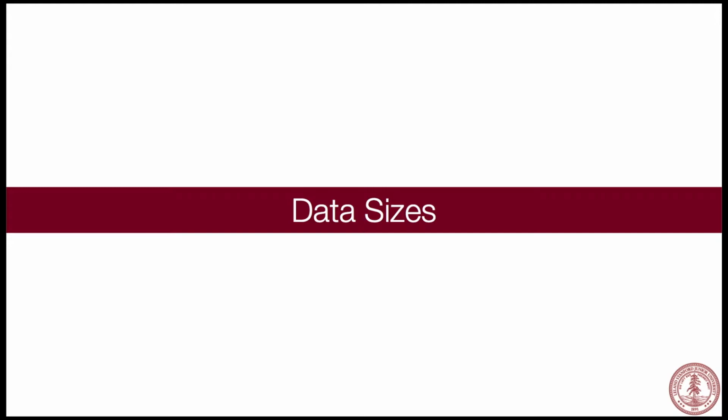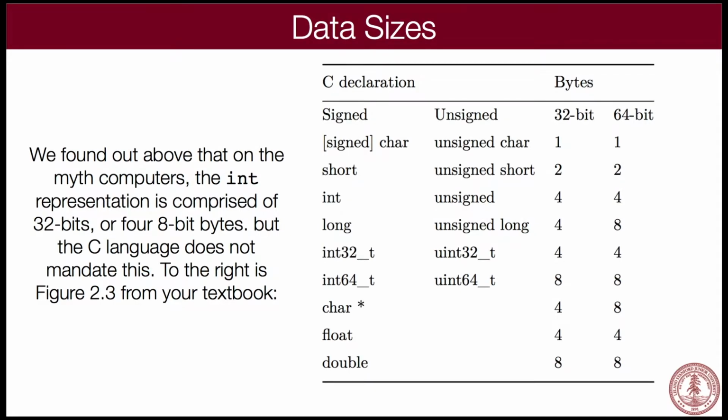Okay. All right. Let's talk about data sizes. I kind of just mentioned data size in a roundabout way a second ago. Let's actually think about how C represents data. In all the programming languages you've done so far, if you've done the CS106 series, you will have seen numbers like ints and doubles and maybe longs, which are ints that hold more bits. You may or may not have seen shorts. You probably would have seen chars, and you may or may not have seen any of the unsigned ones.